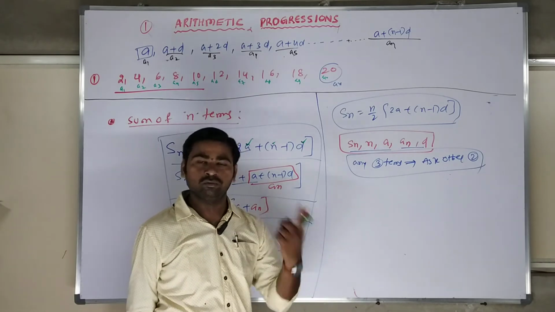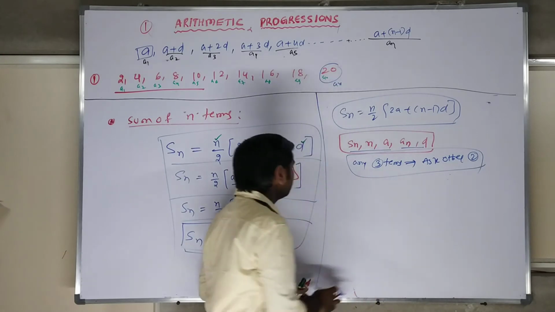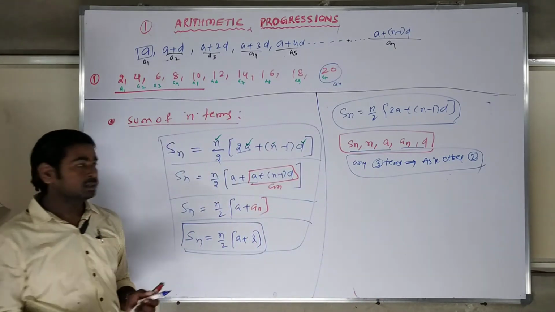Sometimes they will give 4, and they will ask for the 5th term. Third term is possible, maximum. So maximum, this is the kind of question they will ask. So for those who want the question, I will write a question for you also.